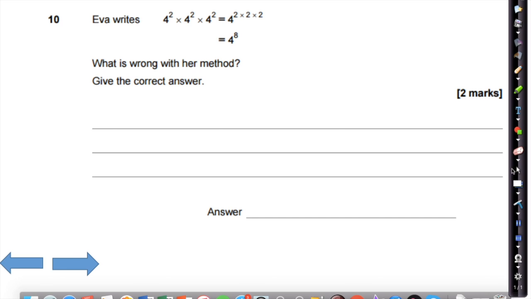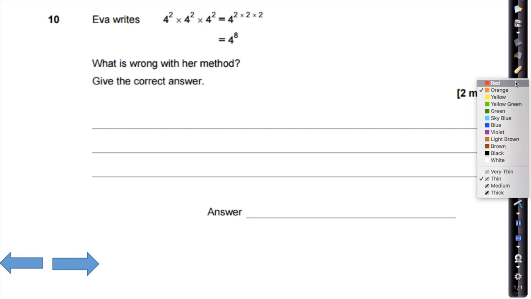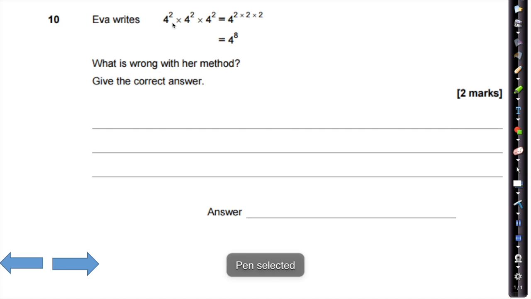Question 10 is testing your understanding of the indices rules. So we have 4 squared times 4 squared times 4 squared. And Eva thinks that this means 4 to the power of 2 times 2 times 2, which is 4 to the power of 8. So we have to understand really the difference between 4 squared